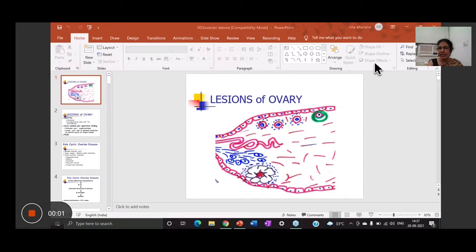We have the ova starting from the primary ovum to the secondary ovum, and then it becomes the tertiary follicle, and then we have the large follicle which comes close to the surface of the capsule, and then it is released from the ovarian capsule surface, from where it is picked up by the fimbrial end of the fallopian tube, and it travels through the fallopian tube, goes into the endometrium, where it might meet the sperm and get fertilized.